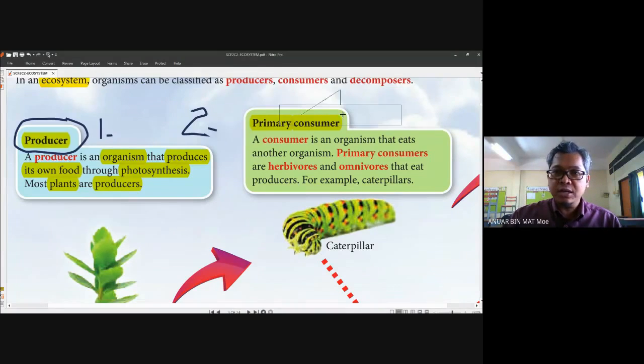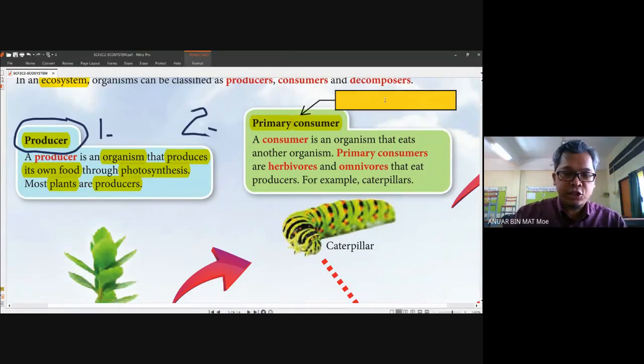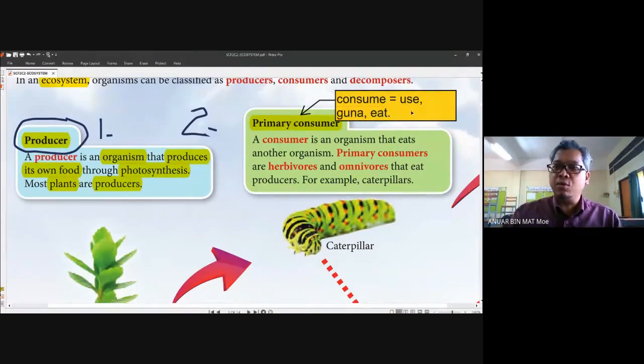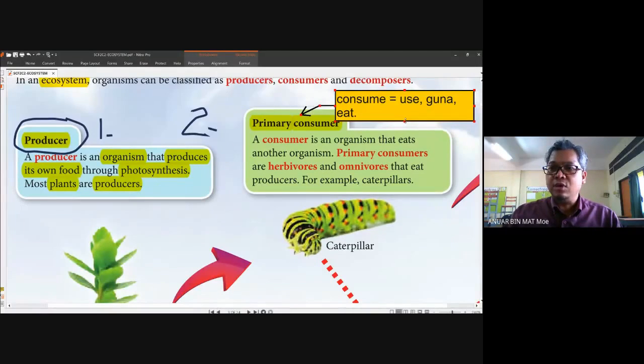Consumer, from the word consume. Consume means what? Anybody? Consumer, from the word consume, means in the end they use it. They use, mereka menggunakan, in the ecosystem we call it they eat. Mereka makan, ya, we call it